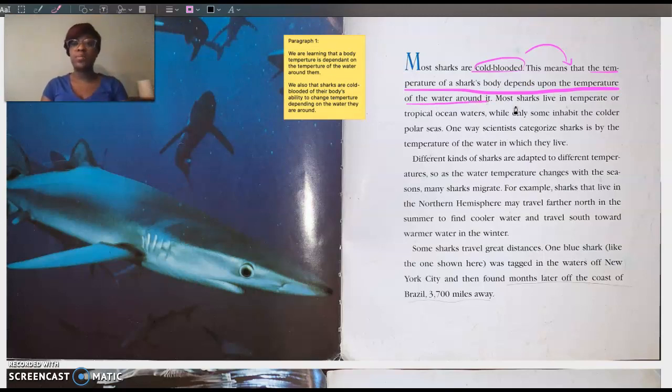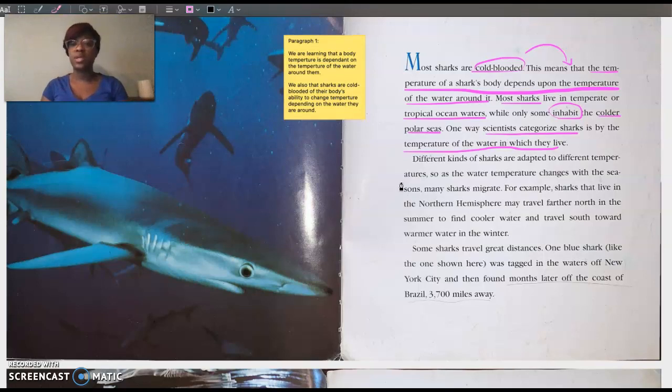Most sharks live in temperate or tropical ocean waters, while some inhabit, here's a key word, the colder polar seas. That means their body gets used to the colder polar seas. One way scientists categorize sharks is by the temperature of the water in which they live. So scientists categorize sharks by the temperature of the water in which they live.